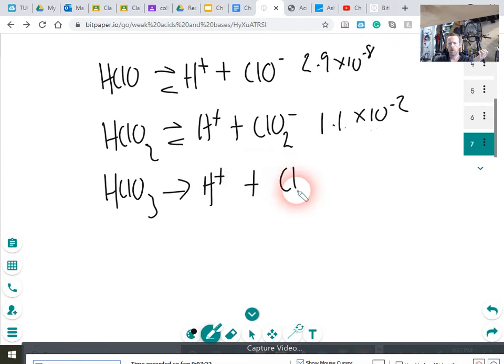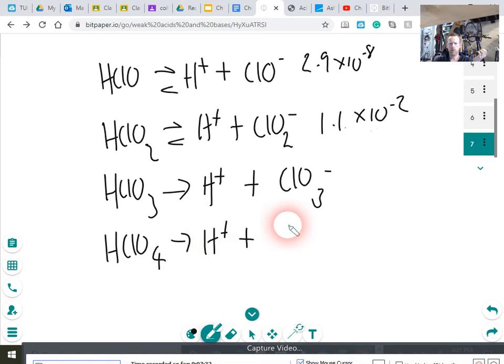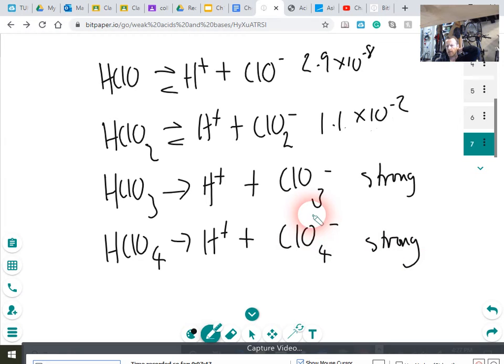Pretty much all of this breaks apart, and then the HClO4 and H+, they're both regarded as your strong acids. These are strong. So it must be something to do with these oxygens. These oxygens must be doing something. So the theory is that the electronegative oxygens pull on the central atom, and I think there's pi